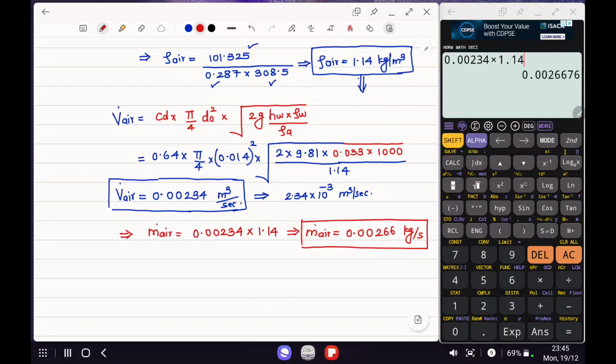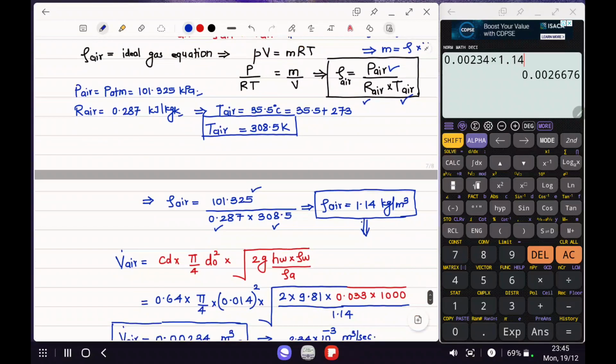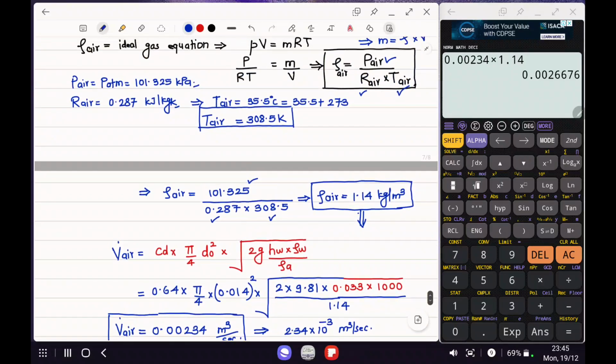Alright, so now we have mass of air. We will go back to the basics. In this basic equation, we needed this particular parameter, that is mass of air. So we have that as well. So mass of air, Cp of air, everything else is there. So only h is the unknown quantity that we will now be able to find out. So I will rearrange the entire thing. So m Cp delta T of air: mass of air 0.00266, Cp of air 1005 joule per kg Kelvin, delta T for air,